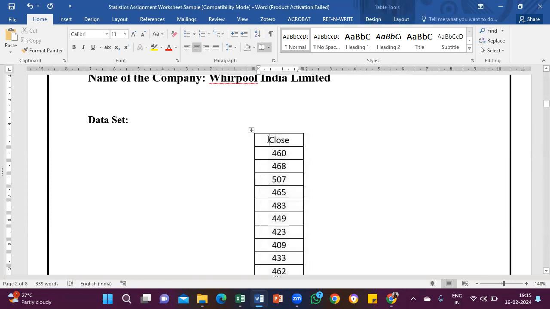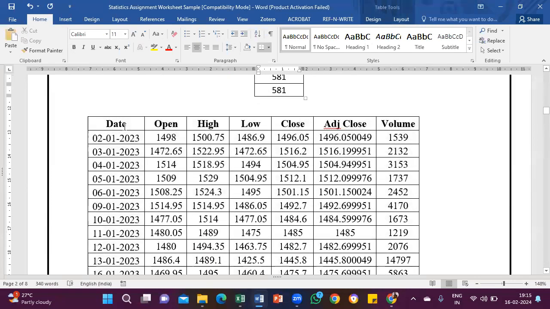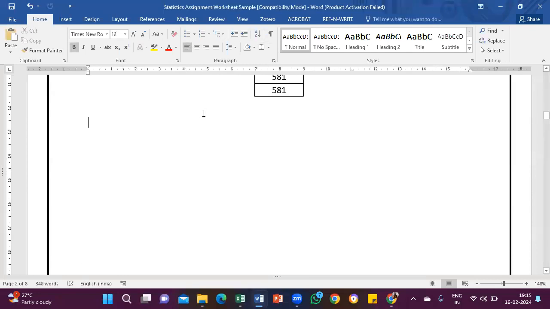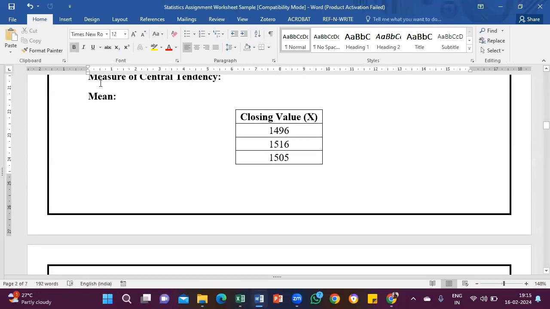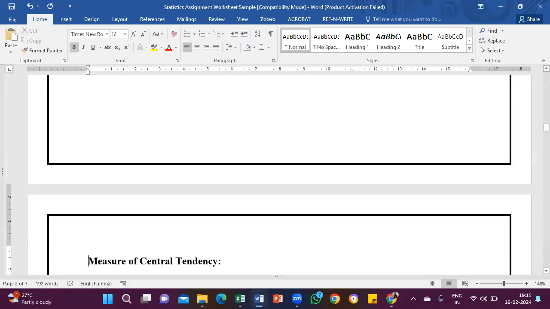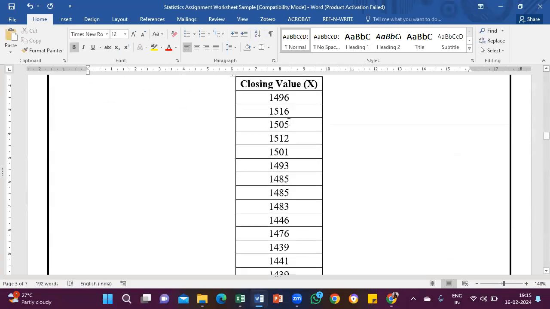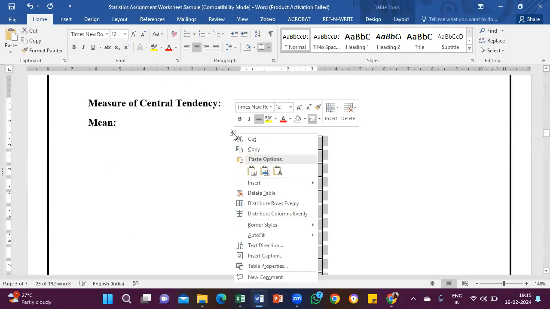So write down the data set X. In the bracket, you can mention it as X. That is the X value. Only integers are given. Now for this, first you have to do the measure of central tendency. So for the measure of central tendency, copy the